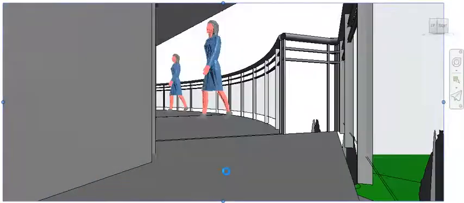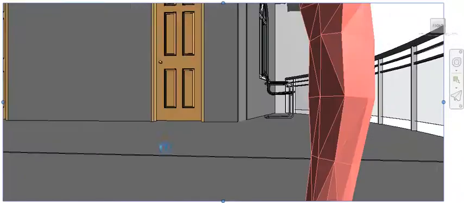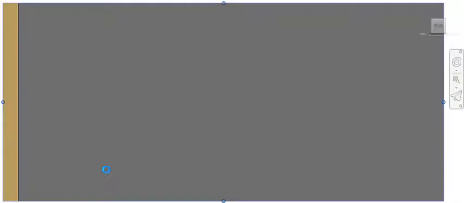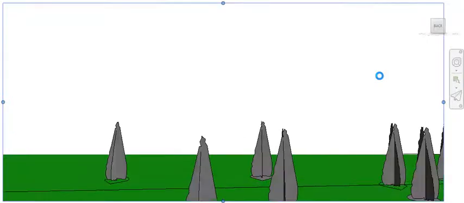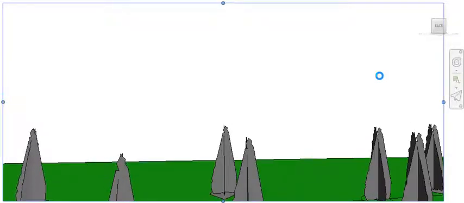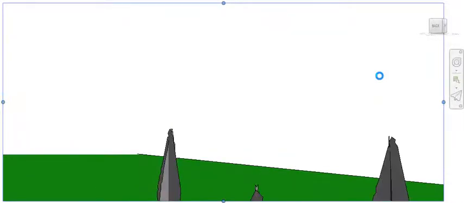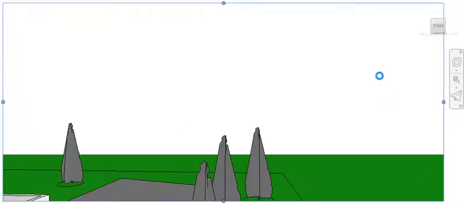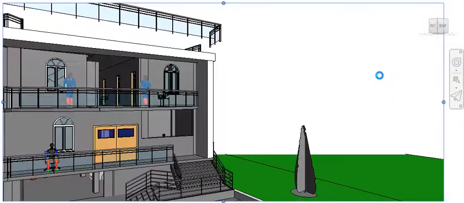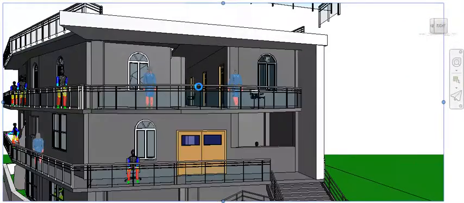Now we will go back again, and it's the front side. Now we are going to enter the second floor.